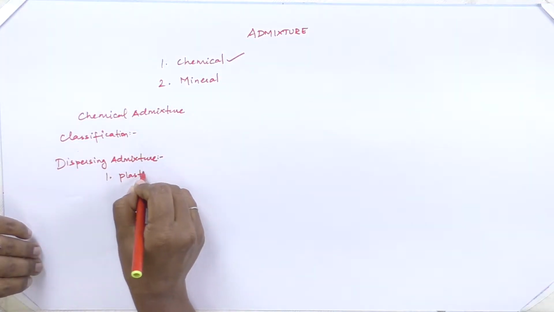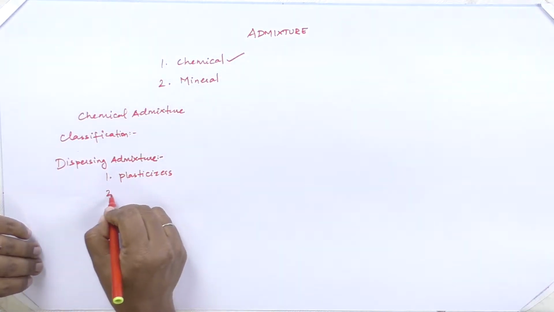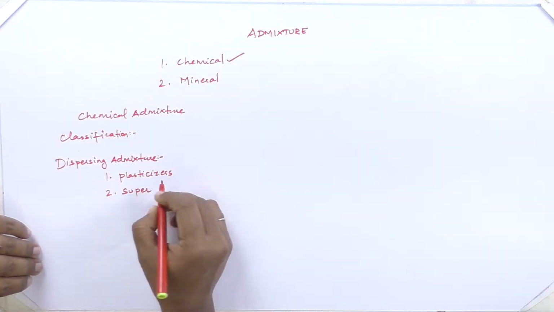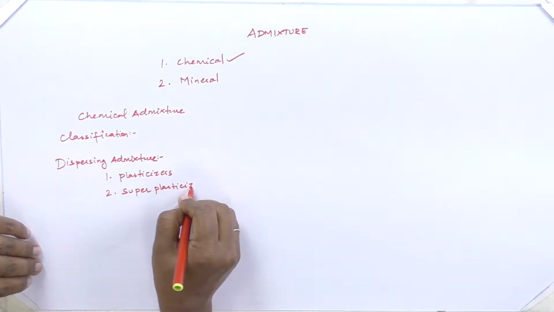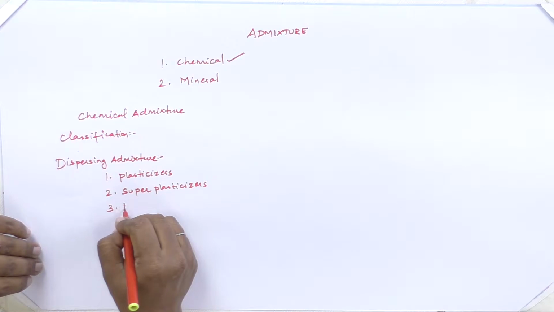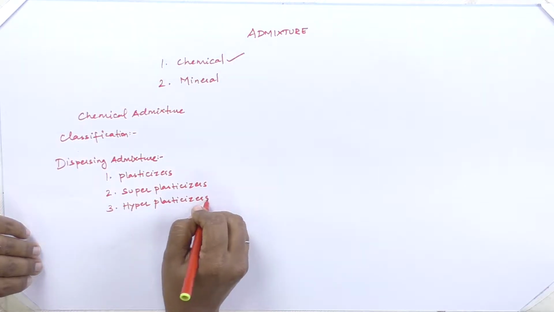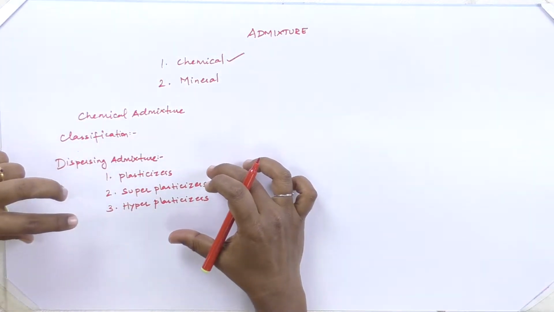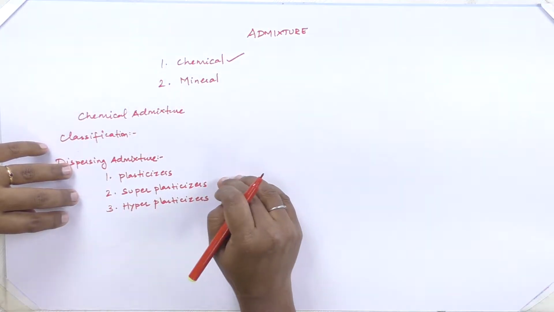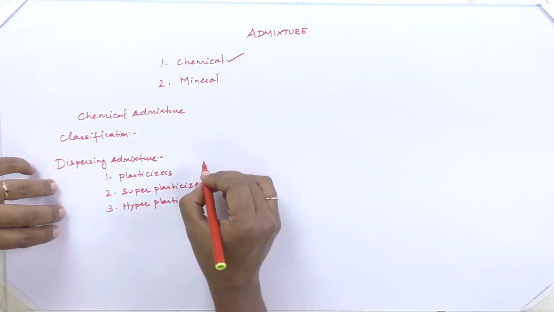About 60% of the admixtures we are using are dispersing admixtures. They belong to the category of dispersing admixtures, and in that we are concerned about plasticizers, superplasticizers, and third hyperplasticizers. And according to ASTM, plasticizer, superplasticizer and hyperplasticizer can also be called